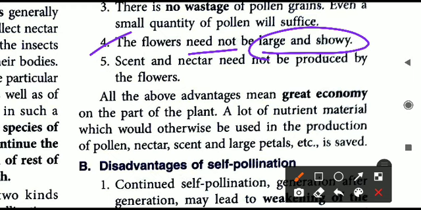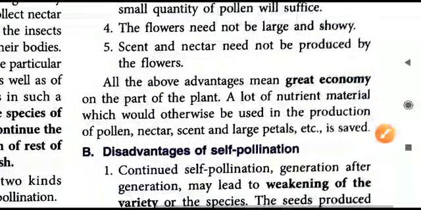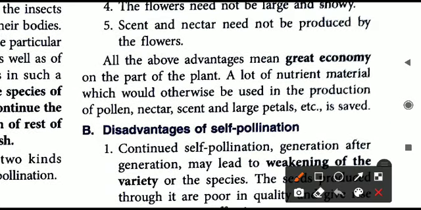There is no need to attract the insects, because there is no need to call the insects. So why should the flower be very large? Why should the flower become showy or beautiful? There is no need of that. So that is why such kind of flowers are not showy and large. That is one advantage: the plant does not need much energy to make its flower look large or beautiful. And one more point, because to attract the insect, why is the insect coming? It is to get something.